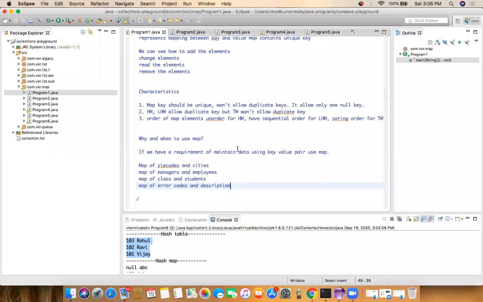Employees is a list. That is called map usage. If you have classes, for the 6th class we have 100 students. All the students are values. For the 7th class, we have 50 students. Class is a key, and values are all the student names as a list. So if you want to maintain a map of class and students, we can maintain it by using a map.